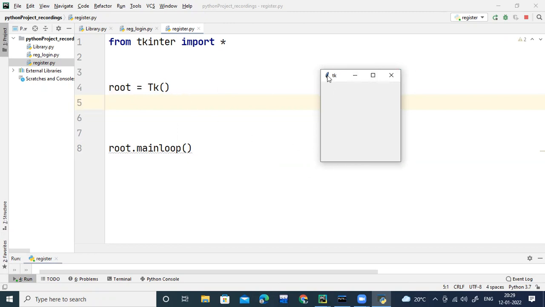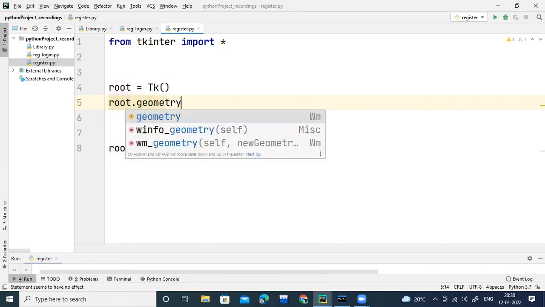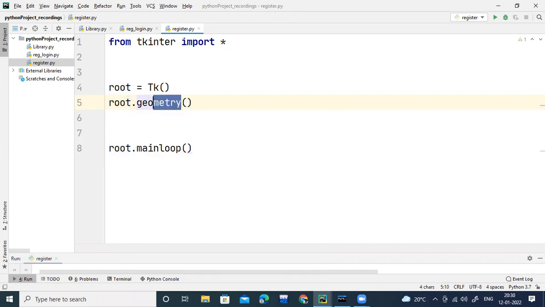Now, if you observe here, the size of the window is a little bit small. I want to increase the size according to my registration form. So how can I do that? First I'll close it and write root, because root is the variable denoting my window. Root dot geometry. This geometry is a built-in attribute of Tkinter which allows you to give a fixed height and width to that window.